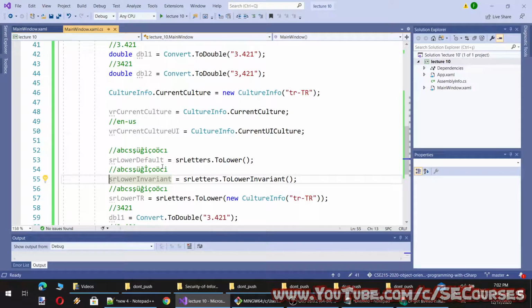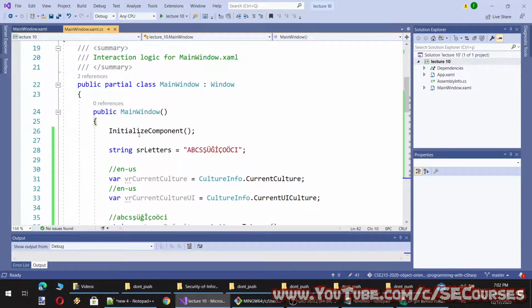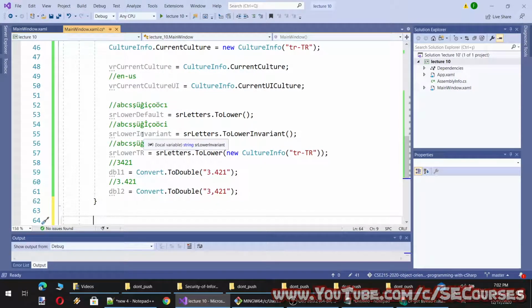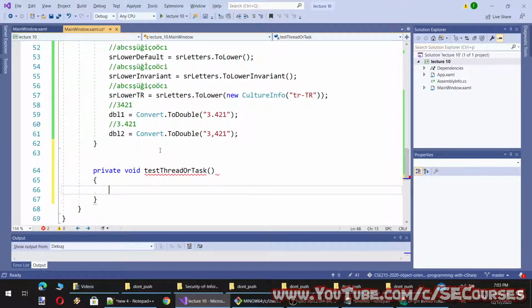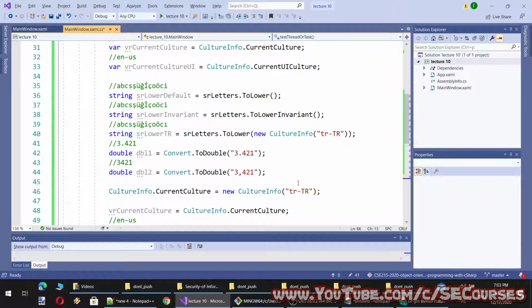I want to also show something else. What if we start a sub thread, okay, or a new thread? So let's make example of that as well. Private void test thread or task, okay, and here I will use the same.